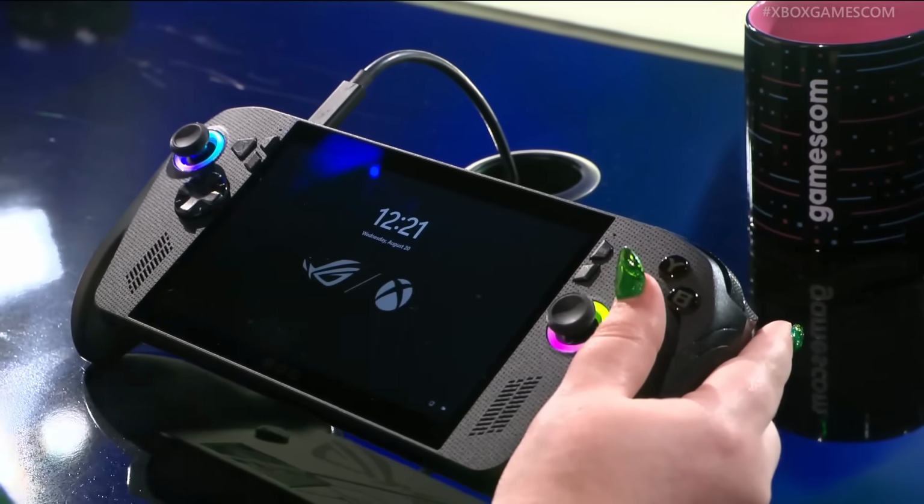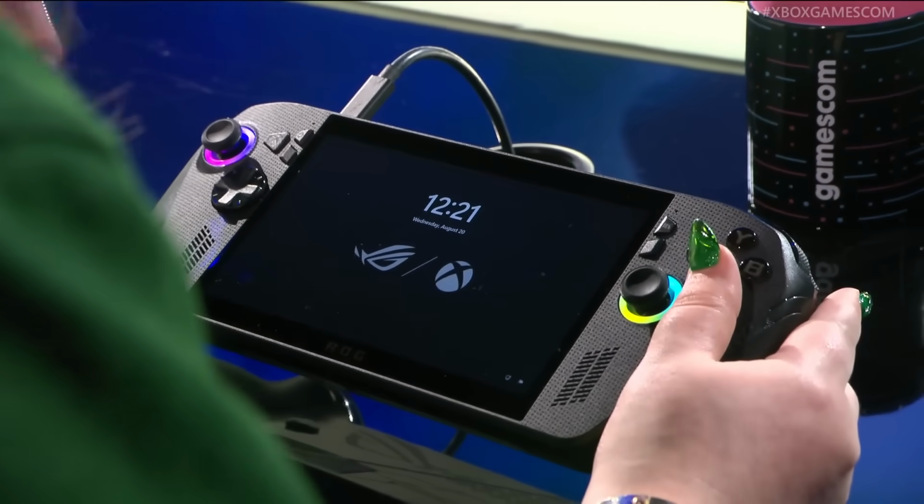Yeah, so one thing that's great is there's a fingerprint reader on the power button. But as Dom mentioned, we made a lot of improvements in Windows to help add gamepad navigation across the device. So I can press A to dismiss the lock screen, and I can navigate all elements that I would expect to with a gamepad. One of the features I really love is that we've added gamepad indicators to the pin pad. So if you're familiar with them on console, you'll be able to enter your pin or have your own kind of